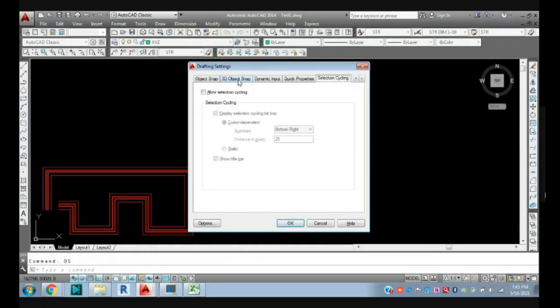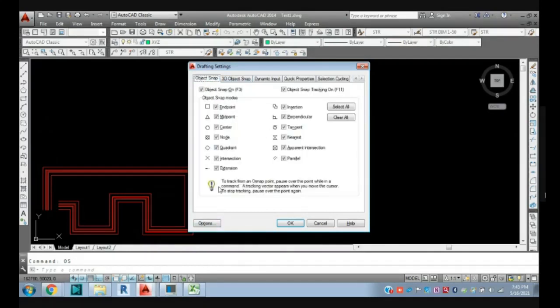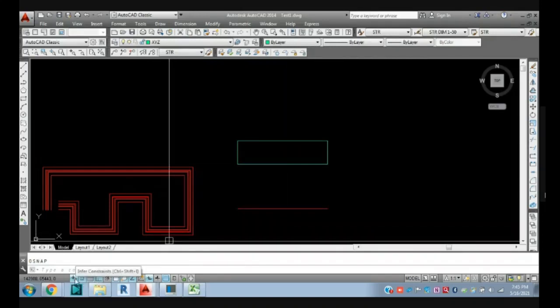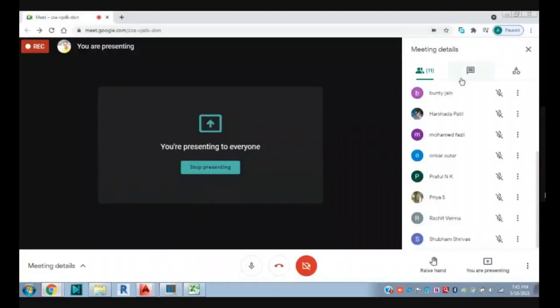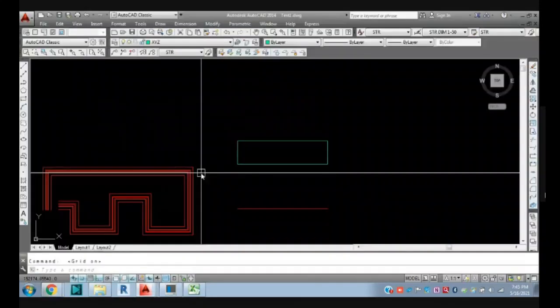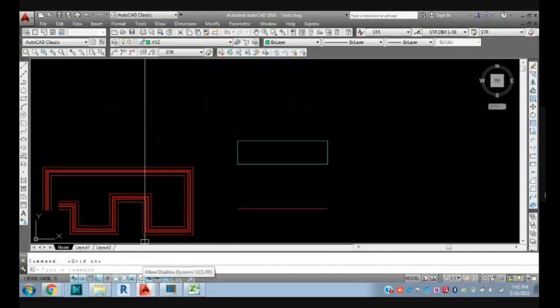The most important part is just the object snap here, right now for basic AutoCAD. Once you click as per your requirement, just click OK here. Then you can see the snap mode, grid, and one option here, object snap tracking.